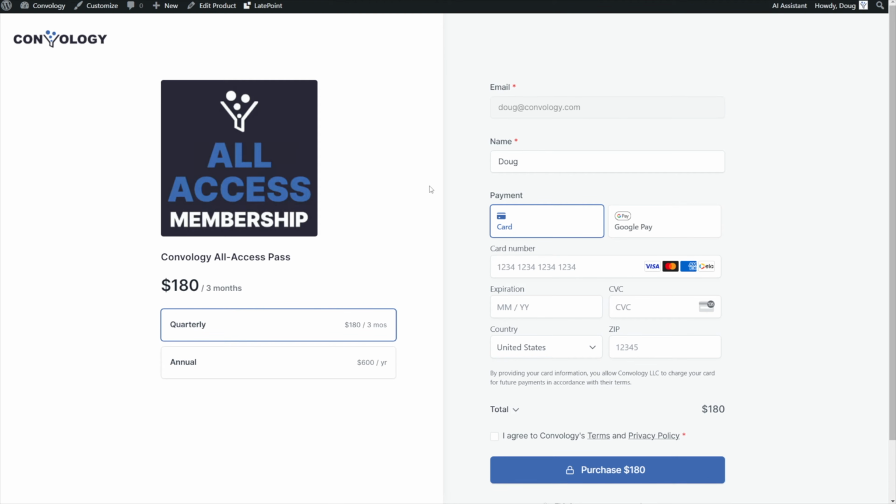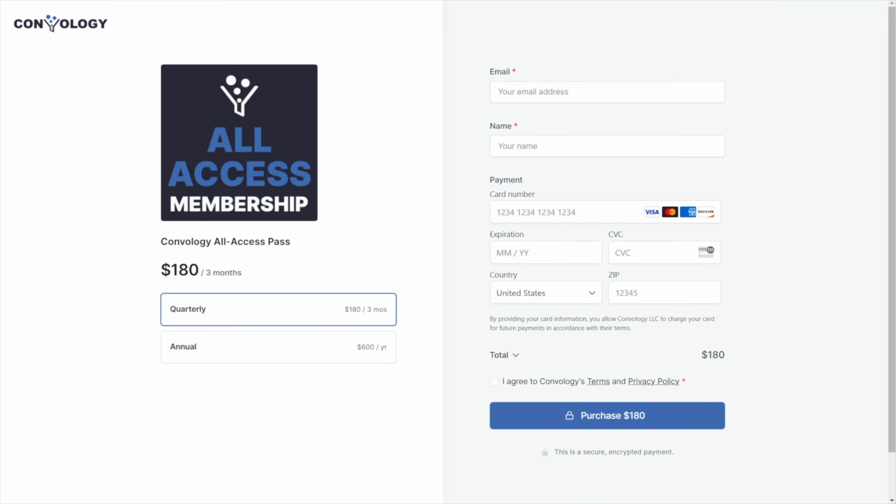One last thing I want to say about this instant checkout page is that you can see here I am logged in. So for example, I have my email address automatically populated. I cannot edit that. And I have my name automatically populated from my WordPress account. If I reload this in an incognito window here, so if I'm checking out on the website for the first